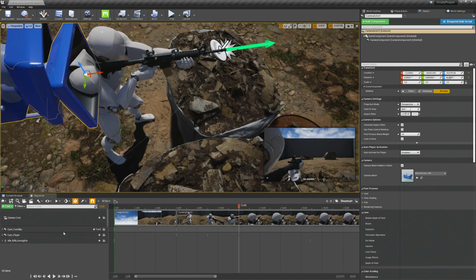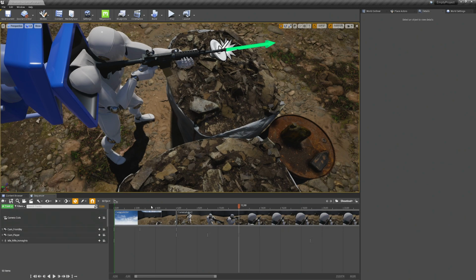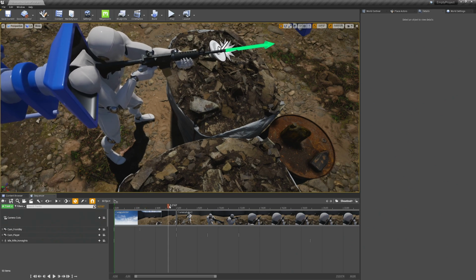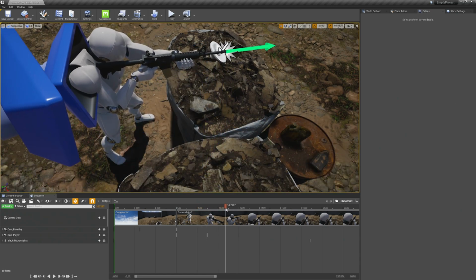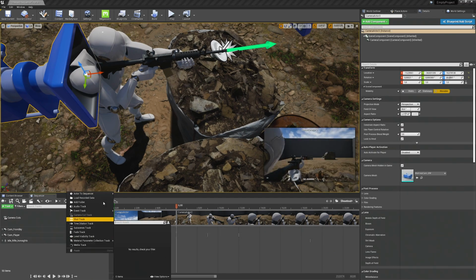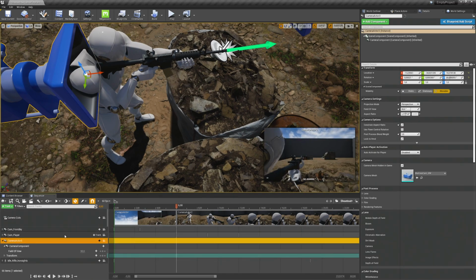And then go back to your scene. And as you see, this camera here follows exactly the weapon animation. Which is perfect. Then we will just need to add this camera to the sequence as well. And when the shots get fired, I want to switch to this cam here.